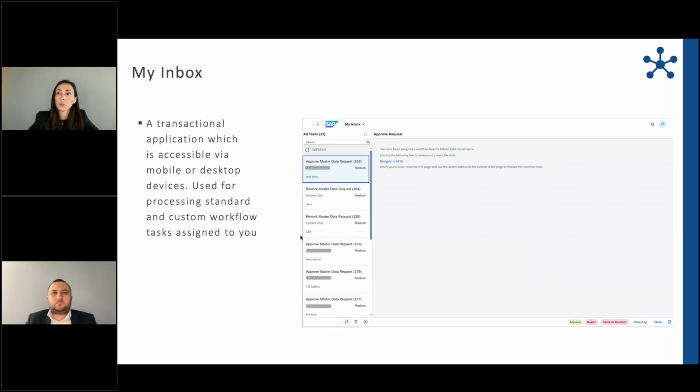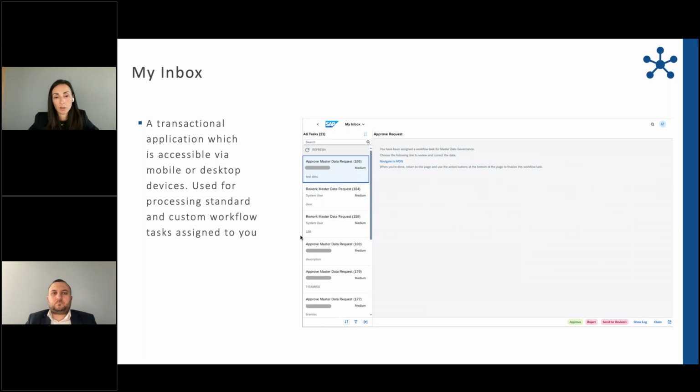Another application which looks very different from the past is My Inbox. From here, we see a list of all the processes that are assigned to us. Interesting here is that they are accessible not only from our desktop devices, but also on mobile devices.